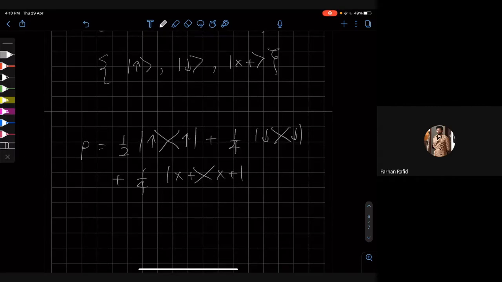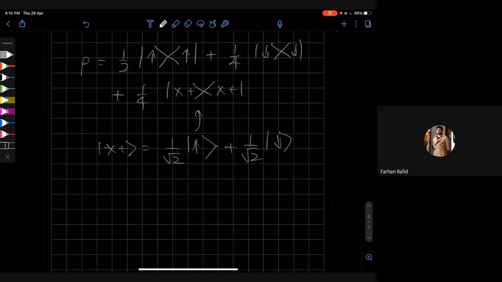Now what you can do is say, okay, we know that x plus is, say, 1 over square root of 2 spin up plus 1 over square root of 2 spin down. So you can plug it in there, and then rho will become